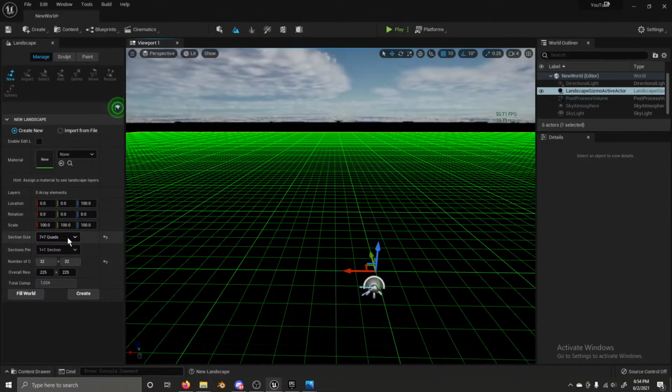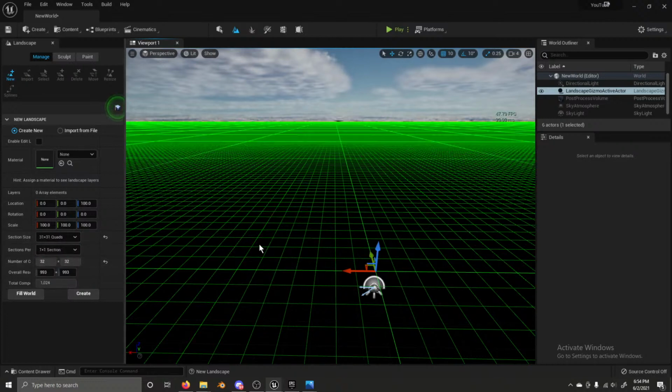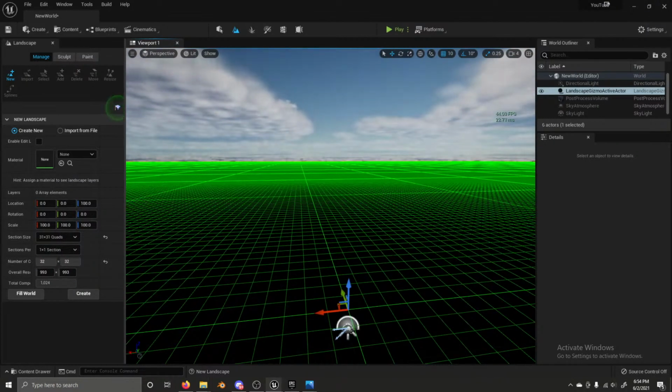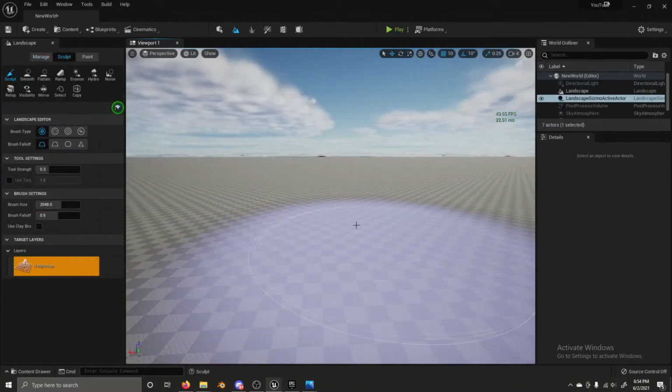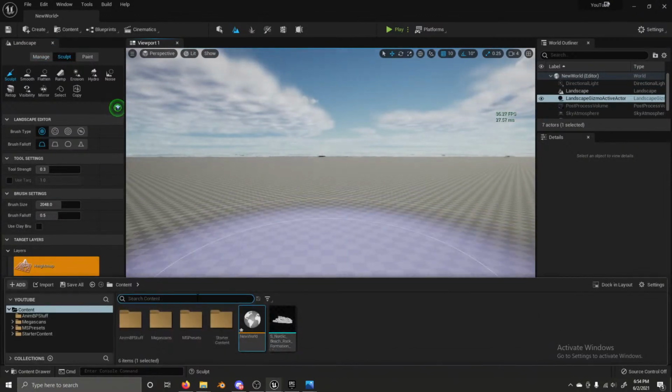Though we do want to be able to see stuff off in the distance, and Nanite can do stuff to the horizon, so let's just pump this up to 31, and we can get less detailed the further out we go. I will create this landscape, and before I do anything else,